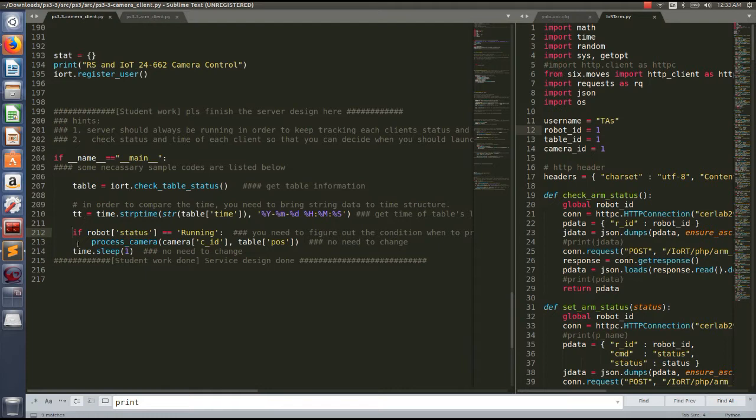And then here, this is the most important thing I need you guys to write. So basically, you guys need to figure out what conditions you should let your camera client run. This process camera basically runs the camera client. So you guys need to know in which conditions your camera client should run. And also, by the way,